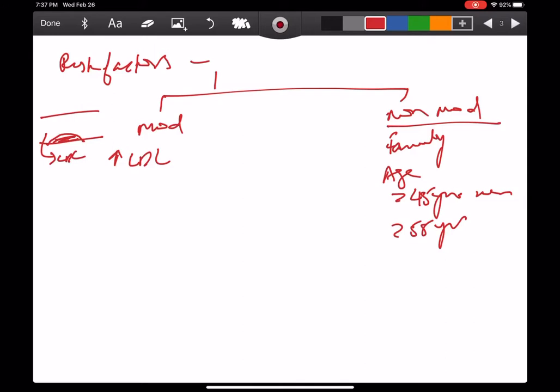The second most important risk factor is hypertension. Hypertensives are at a greater risk than the general population, followed by a person who smokes, is obese, and leads a sedentary lifestyle. One of the most important and common risk factors is diabetes.